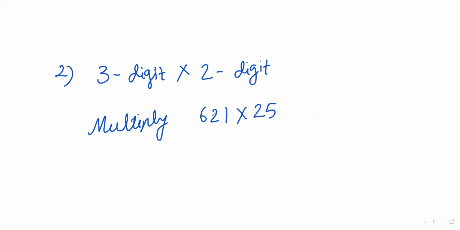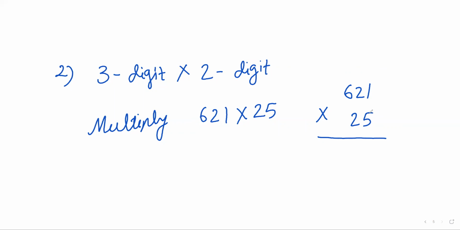While solving this multiplication question, always write bigger number first. Okay, here the bigger number is 621. Write this first, and below this number write the smaller number. Right, here the smaller number is 25. And now take the multiplication, right? Here, as we have seen in the previous method, 3 digit by 1 digit, we have to solve this like this, step by step.